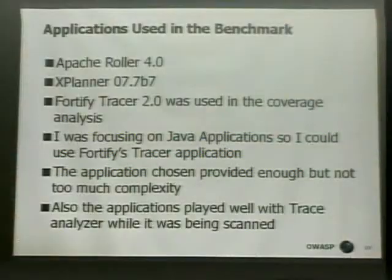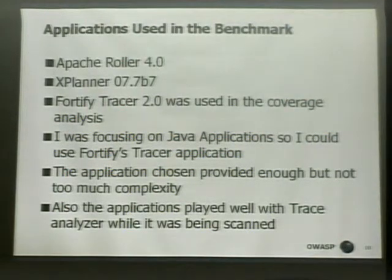So these are the applications I used in the benchmark. I haven't talked to Acunetix yet. We'll see what they have to say. I have more results than this, but for this particular set of results, this is what I'm going to present: Apache Roller 4.0,